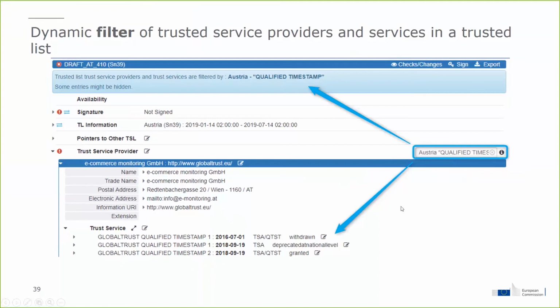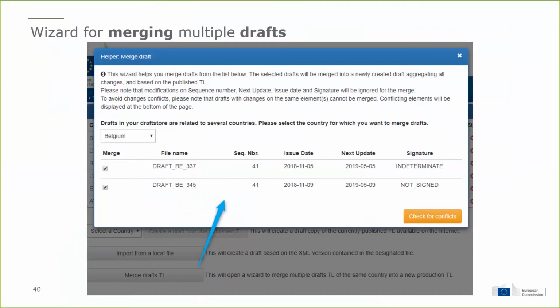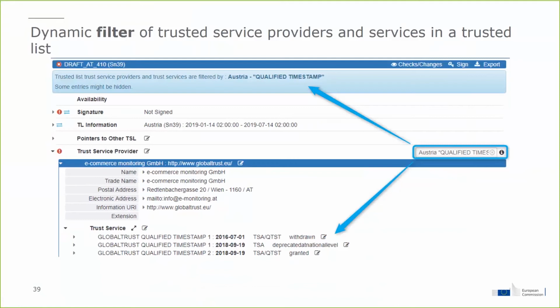It can be very handy if your trusted list is getting large. Of course, this feature will go through all the possible labels, but not inside the certificate, like the base64 content and all that. It's too technical, but it will go through all the labels.